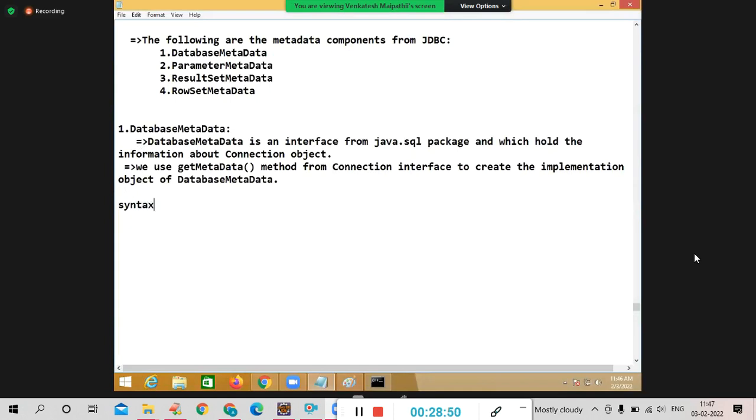I'm writing the syntax directly: DatabaseMetaData dmd = con.getMetaData();